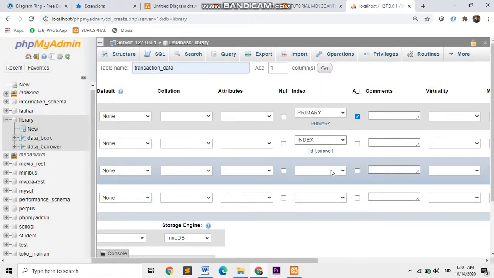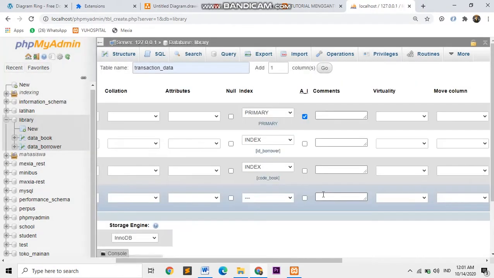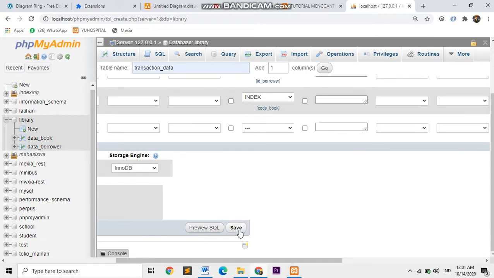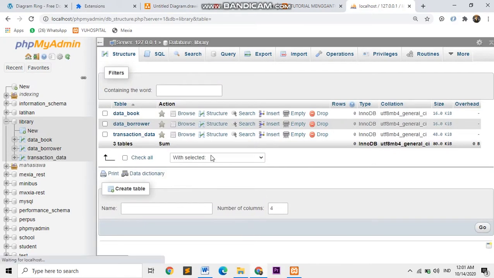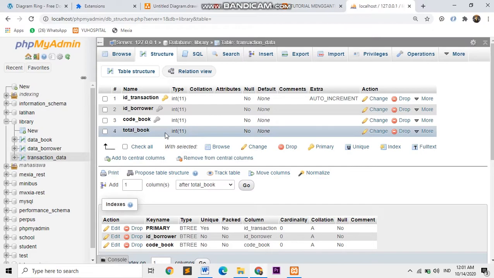Okay, and then click save. So in the last table we make foreign keys: ID borrower to connect to data borrower, and code book to connect to data book.